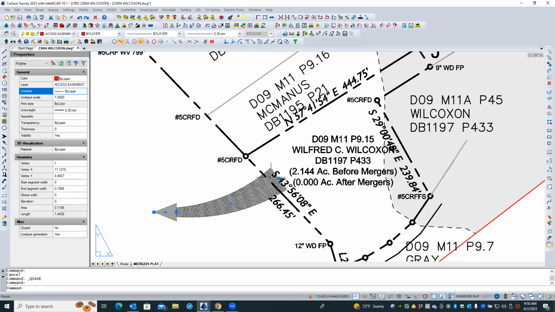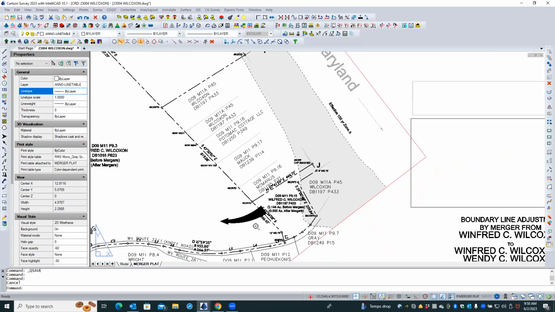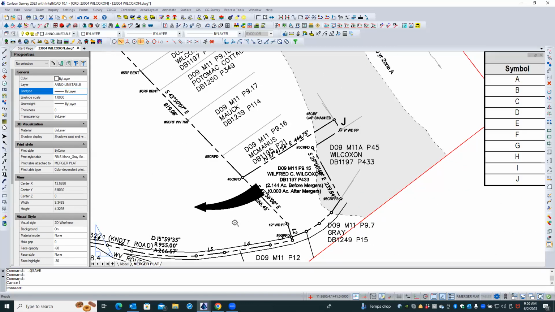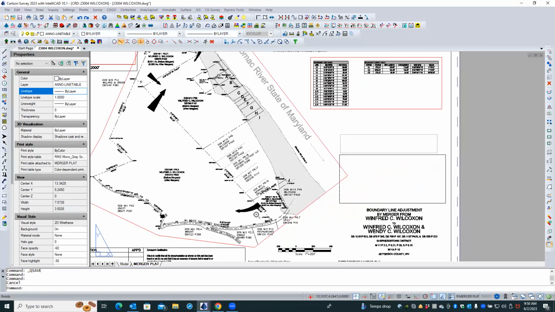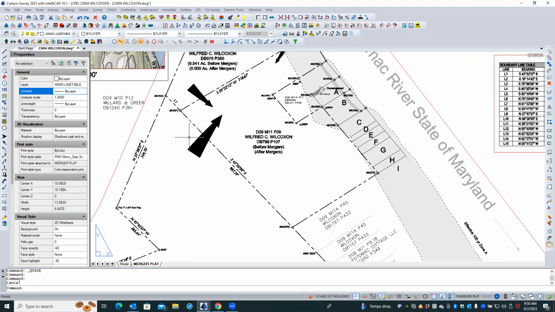If nothing else, they need to be moved so that they're not in the way of the bearings and distances. Unless there's a different way to do that, but I don't know. Well, I guess you could just have a single symbol instead of them all being all different sizes and orientations and such. I mean, they'll have to be different orientations, but if you had something that looked like